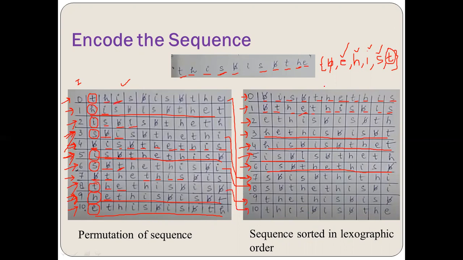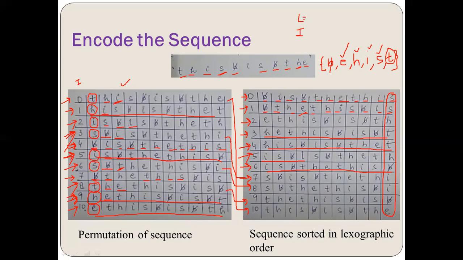So this is what I get, the next table, which is a sequence sorted in lexicographic order. Now here the output will be what? The output will be taken as L and I, where L stands for the last symbol and I stands for this index. So the last symbol is which one? Just take this particular sequence. This is the last symbol of every row in the table. So the output will be what?